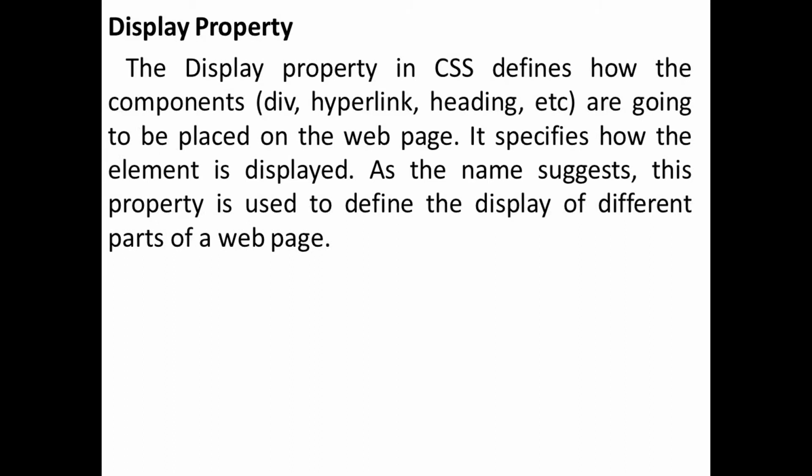The display property in CSS defines how components like division, hyperlink or anchor tag, and headings h1 to h6 are going to be placed on the web page. It specifies how the element is displayed. As the name suggests, this property is used to define the display of different parts of a web page.